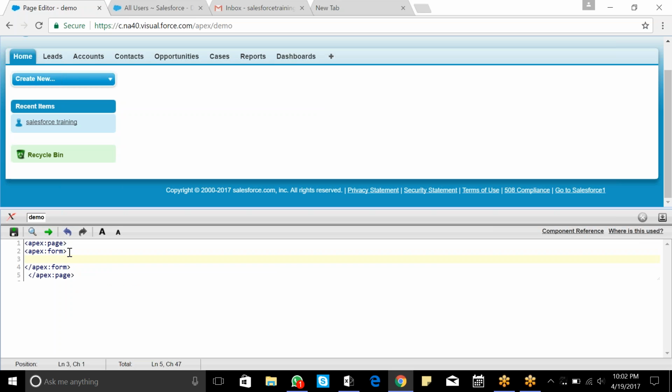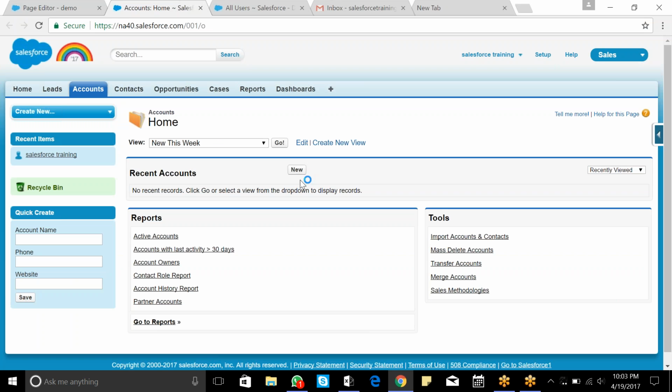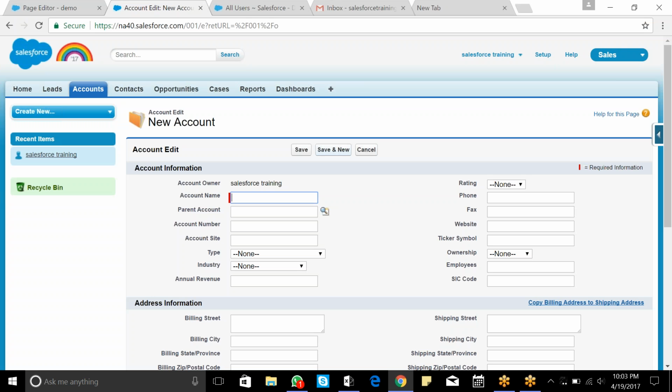Why we use this form: basically, if you want to create buttons, like the save button, edit button, you have encountered it in the admin, right? If you go to account, the new button also says save, new, cancel, like this. So if you want to place these buttons,